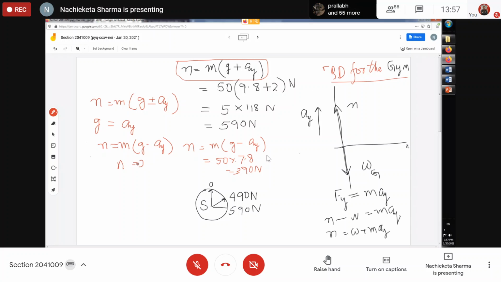Okay, when g is equal to a, N is equal to 0, and you will feel that you don't have any weight. But that feeling is apparent, virtual, it appears to be, but actually that doesn't imply that the earth has stopped pulling you. The earth is pulling you as usual, but you will not feel the sensation of weight. That's why it is called apparent weightlessness. So apparent weightlessness happens when the acceleration is negative and exactly the same as the value of acceleration due to gravity.